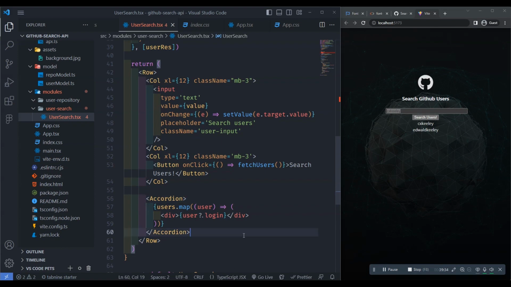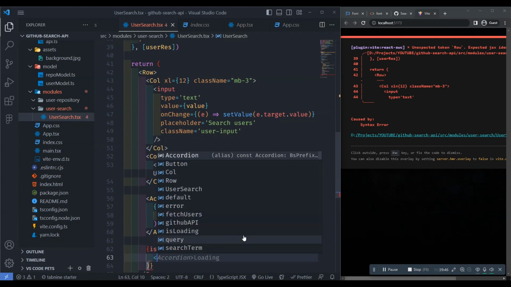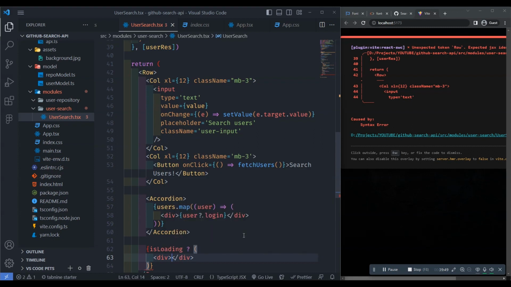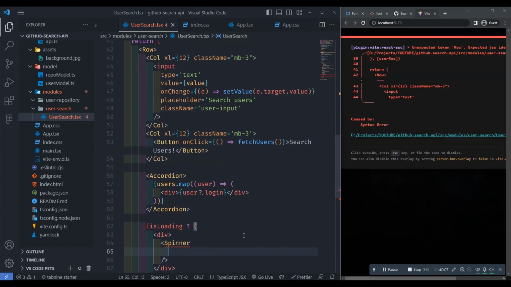And now we will do the isLoading part and isError. And now we are using a ternary operator. If it is loading, then it shows the spinner and div, and open spinner component. The spinner component is from React Bootstrap, with a self-closing, and then the animation equal to border,